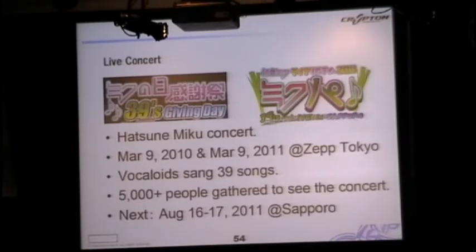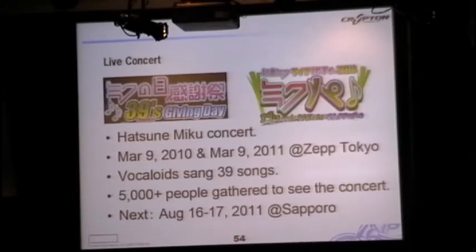We've had some live concerts of Hatsune Miku, and some of the big ones we did on March 9, 2010 and March 9, 2011 at ZEP in Tokyo.